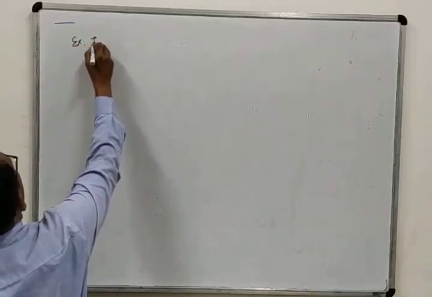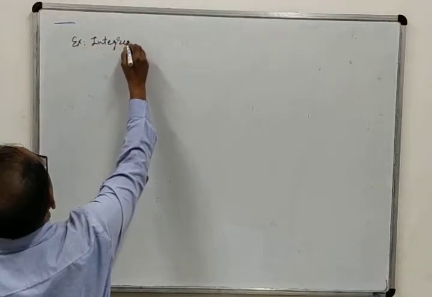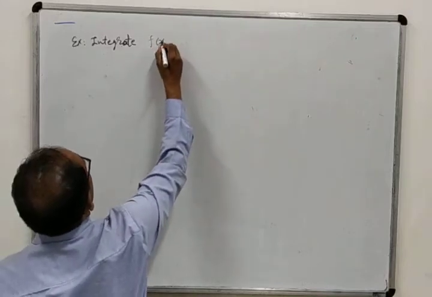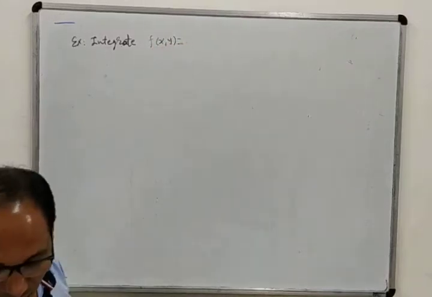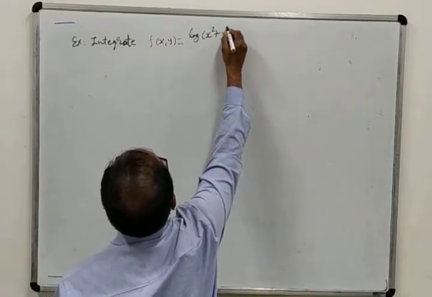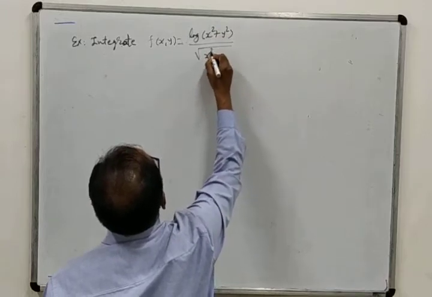One more example, let us see. Integrate. If you are able to solve this example, then you will be able to solve any kind of example based on polar form. So integrate f of xy equal to log of x square plus y square divided by root x square plus y square